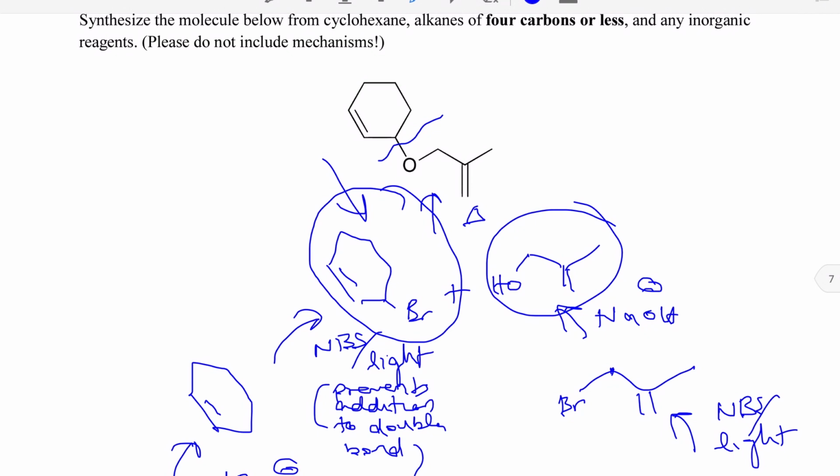And when this bromine group leaves, you're left with a positive charge here at that carbon. And the oxygen atom of this alcohol is capable of giving a lone pair